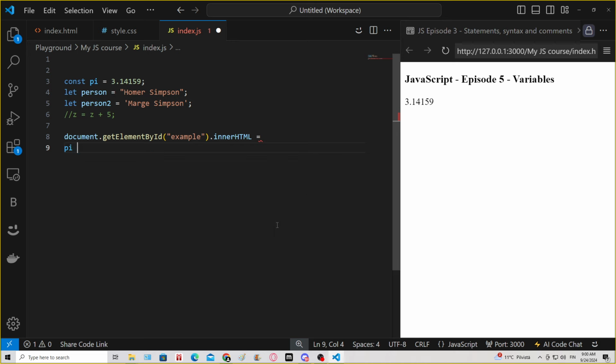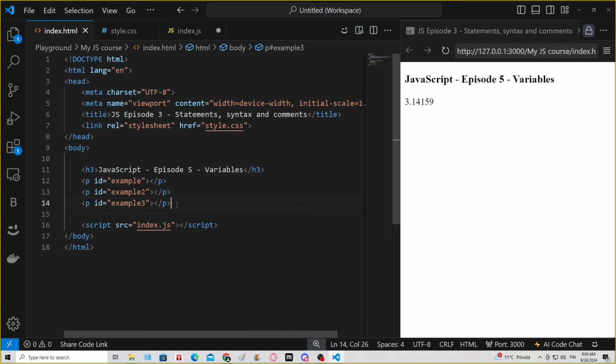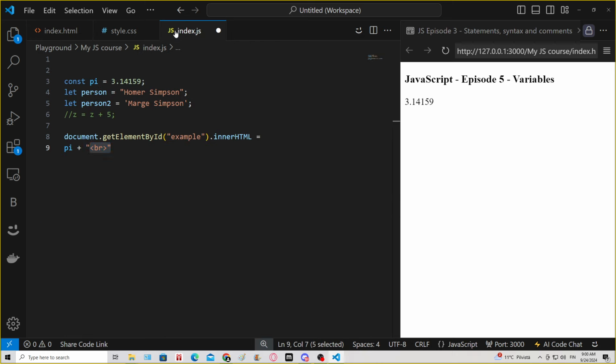So pi, now it's showing up over here, 3.14159, which is this value over here. And then I'm gonna add a plus sign, and then I'm going to be adding double quotes and a break tag. This is essentially the same that a break tag does on HTML, except this time we are writing it